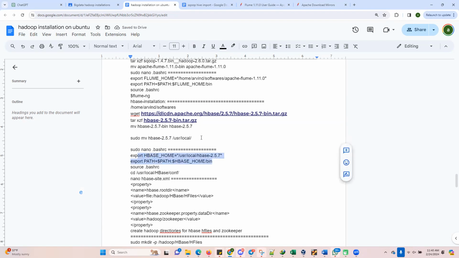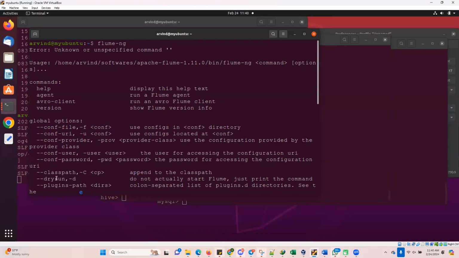So the first step is download the HBase and move it to the USR local. Whatever you are downloading and extracting, whatever your HBase 2.5.7 folder, copy it to the USR local. Or directly you can wget, you can do it here itself. USR local, you can go to CD USR local. Right. If I show you my USR local,